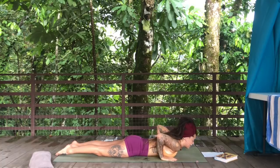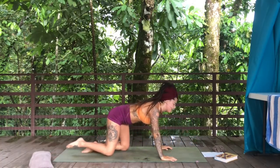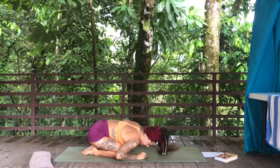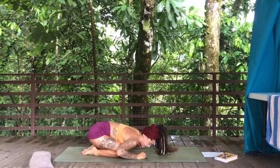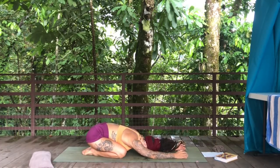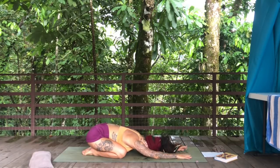And as you're ready, take your hands underneath your shoulders, push back, child's pose. Knees wide, feet together. Take a minute here to let your breath settle. A lot of times when we do these back bending postures, it can be a little bit intense on the breath. And then once you feel that breath soften, take your arms out in front of you